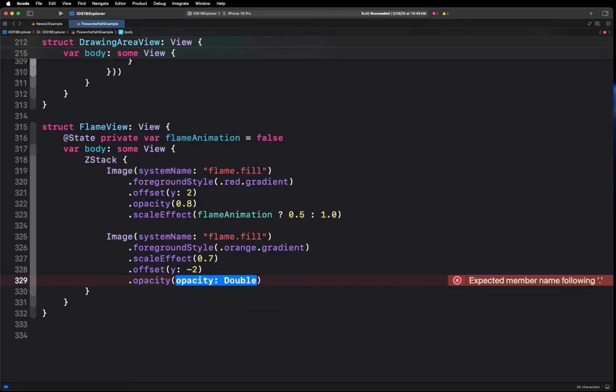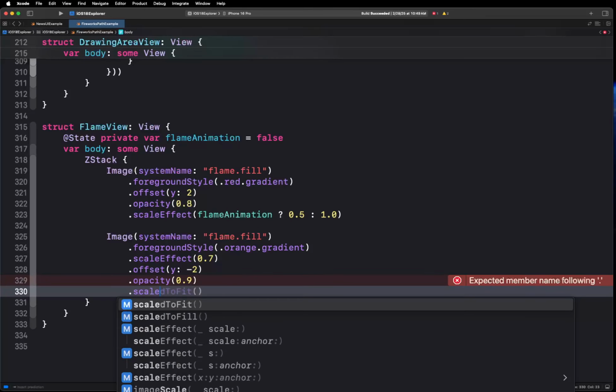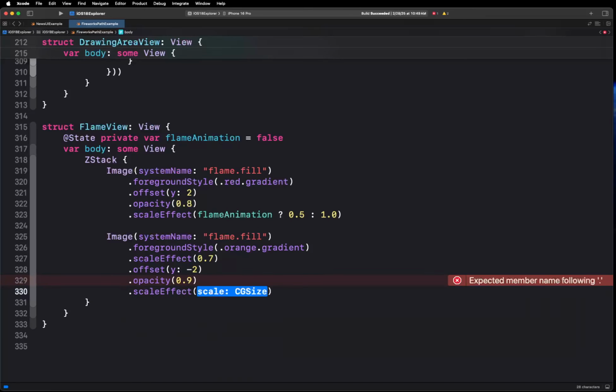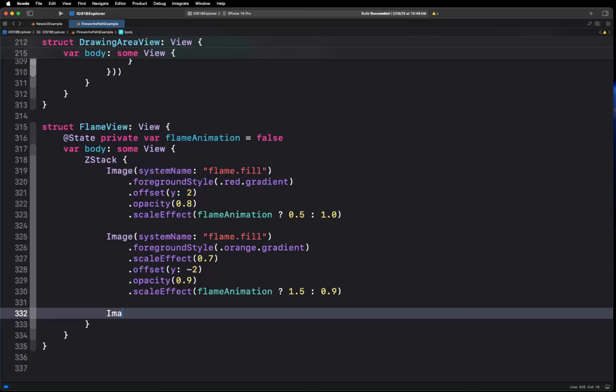opacity 0.9, and the scale effect is going to be flame animation. If it's true, 1.5. If it's false, 0.9. Okay, and the third image,